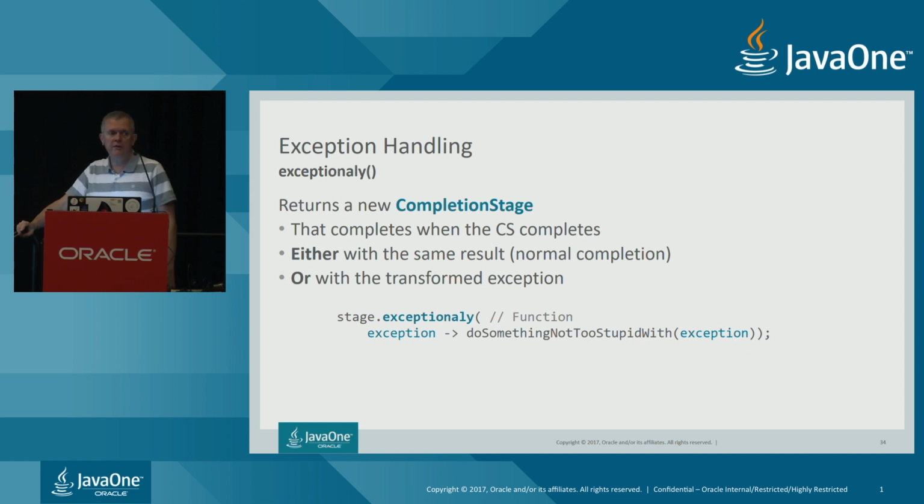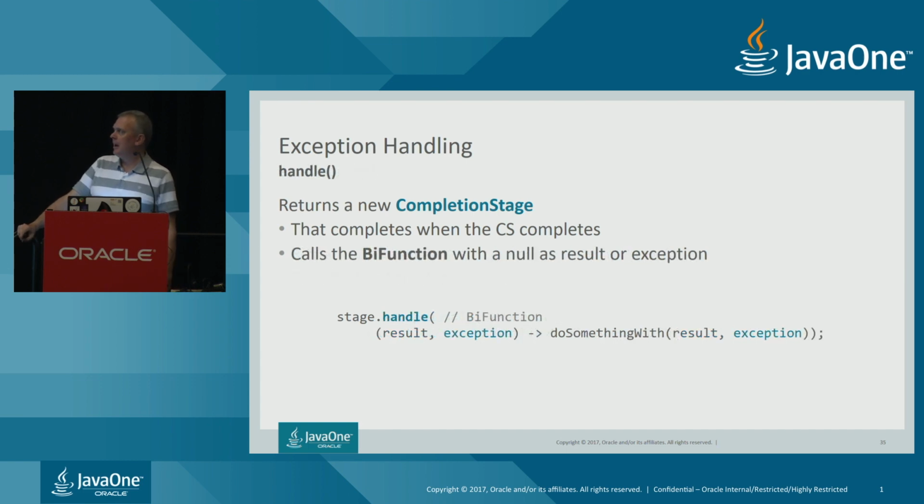The first one I have is the exceptionally method that returns a new completion stage, and I can decide if this completion stage is in error itself or not using that. Okay, so let us try to do something smart with exceptions. I know it's not easy, but hey, we can at least try. I also have a handle method that takes both the result and the exception. If there is no exception, then this exception object will be null, and if it's not the case, there will be something with it. So I can decide to create a new result, for instance, that is null.